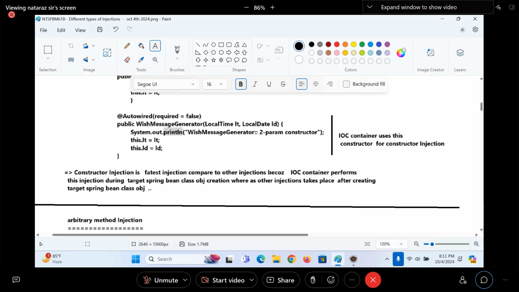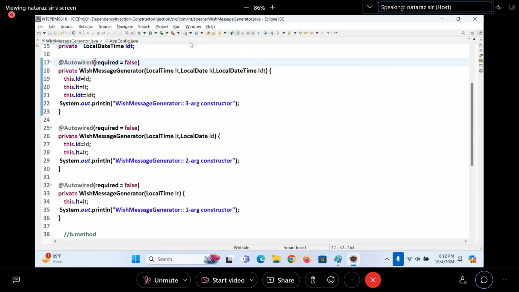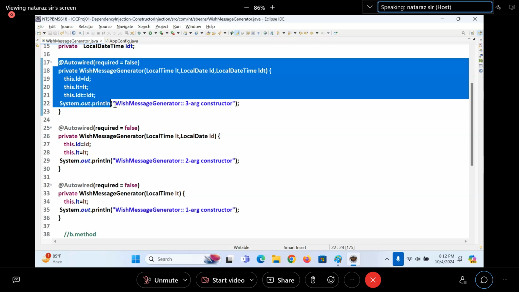Look at this situation. In the target Spring Bean, how many constructors are there? Three are there. All of them are having what? @Autowired, that too with the required false. In this situation, it will pick up which constructor? The more param constructor. For example, I commented this.